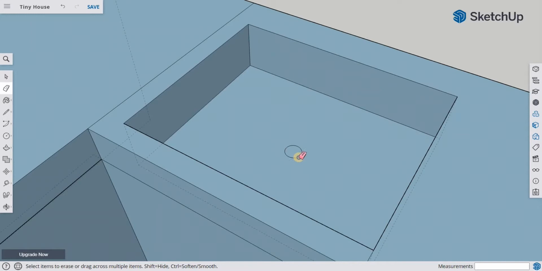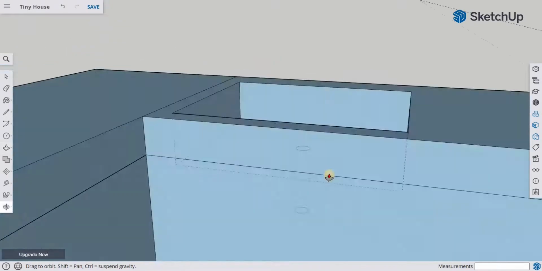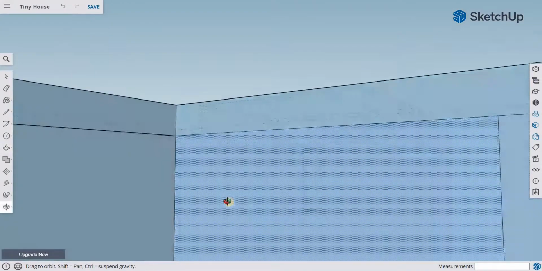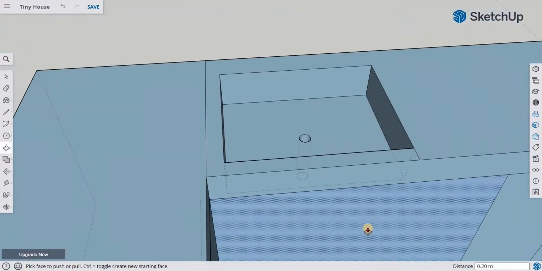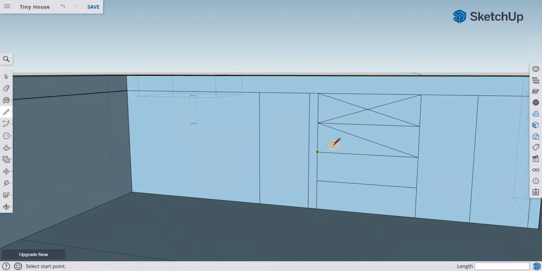Okay, so using the push pull tool again, let's just add the effect of it going down, but it's there. Okay, the next furniture that we will be designing will be putting knobs on these cabinets, and